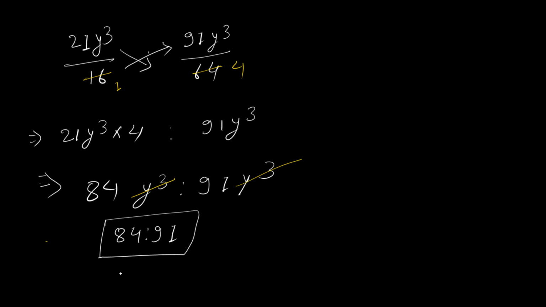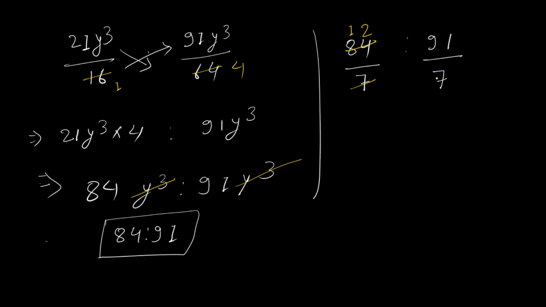Okay, so how will you simplify? Let's say, okay, here I will simplify for you. Now you have to remember rule 3. Rule 2 and 3 are very important. So rule 2, what I told: either you can divide with the same number or you can multiply with the same number. So let's say I am dividing with 7. If I am dividing with 7, what will be the resultant?